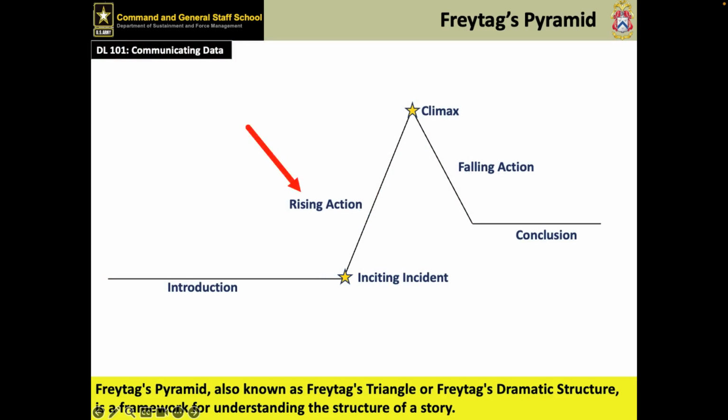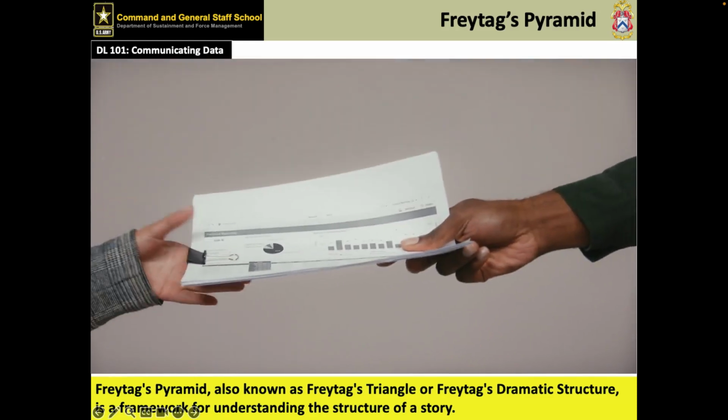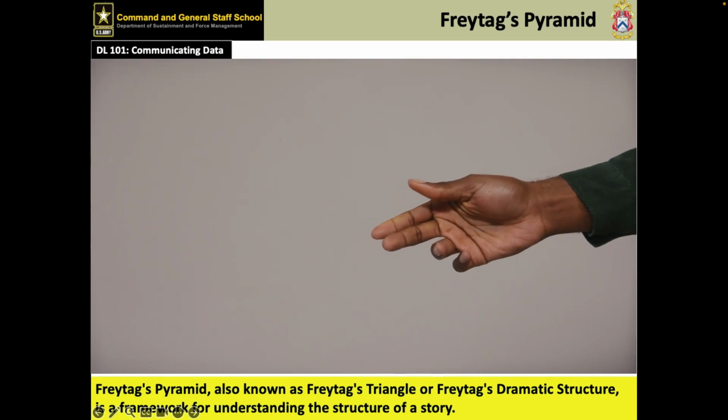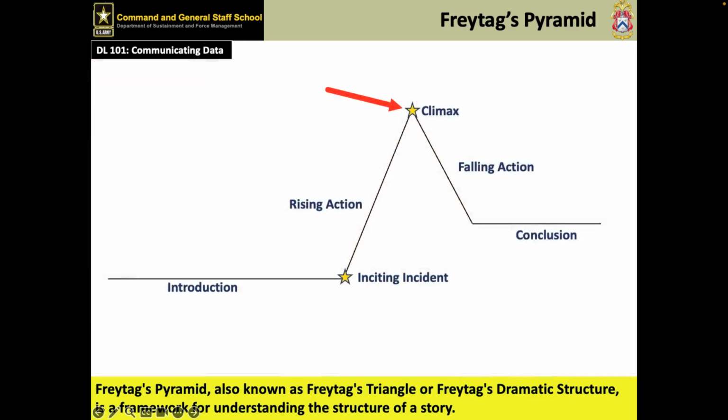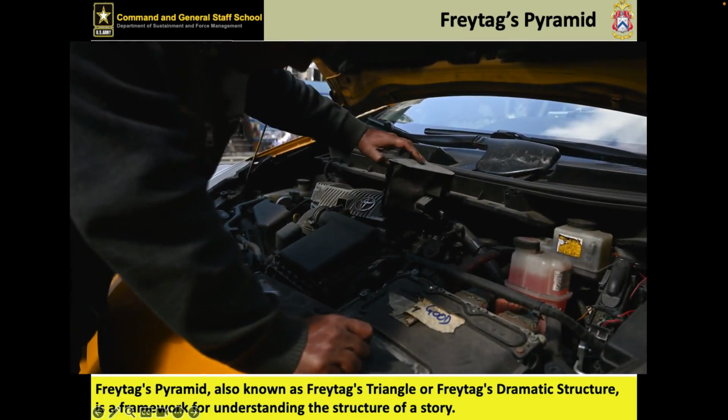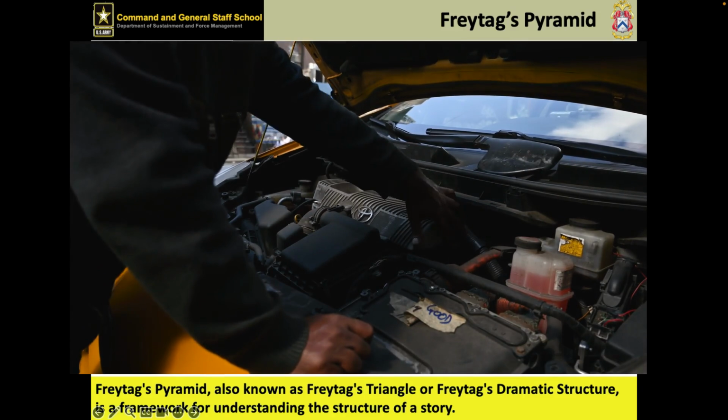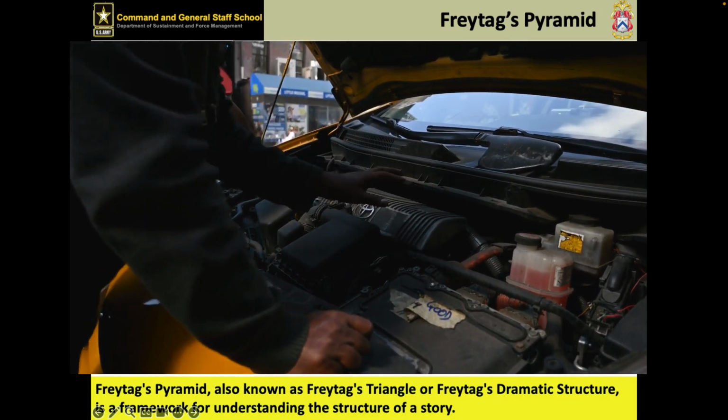Rising action. This builds tension through a series of events leading to the climax. For example, a budget report might show trends in historical data and identify periods of significant growth or decline. Climax. The turning point where the main conflict reaches its highest intensity. In a data story, this could be the discovery of a critical insight, like identifying a major driver behind an